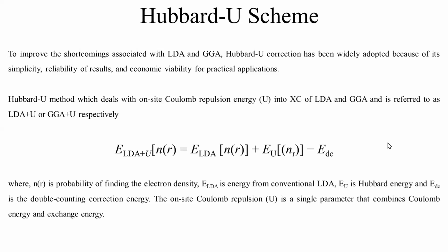Okay. I understand your question. First of all, the question is why Hubbard U? Because, for example, if we are doing some calculations on the rare earth metals, in which the free electrons are found in the f orbital, which is very far from the nucleus. Understand? If we are doing a d electron system or f electron system, in which the free electrons lie in the f orbital or d orbital, which is very far from the nucleus, the exchange correlation, for example, LDA and GGA, cannot precisely capture the effect for the f orbital or d orbital. So we need some external potential to